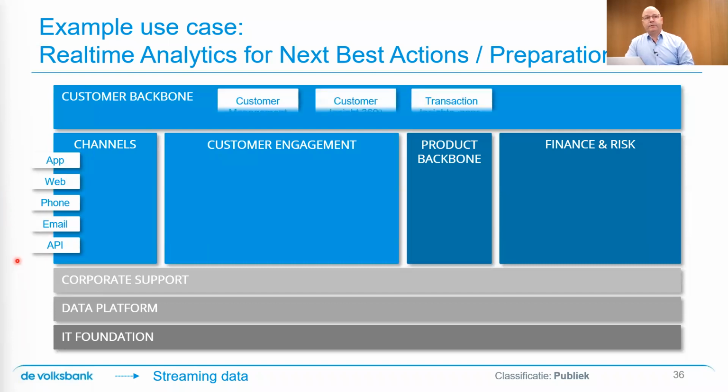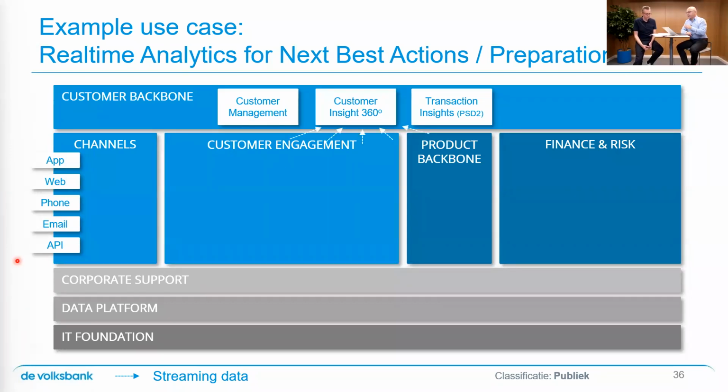And the idea is that there is lots of functionality in our system or in our business application landscape here: customer management, insights, transactional insights, the ones that you use in your app when it says, oh, you spend a bit too much money on food this month. That information is shared throughout the organization with event streams. So you see the dotted arrows again.